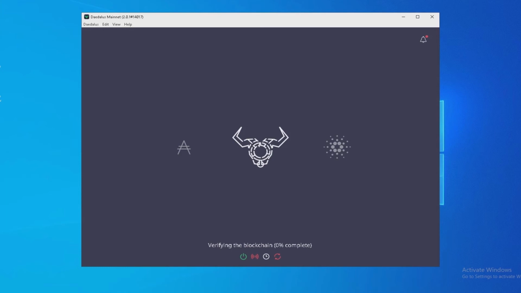Before that we can't do anything, we have to wait for the synchronization. You can see here it has not started yet. When it is 100% complete, then it will synchronize with the mainnet. So wait for it.